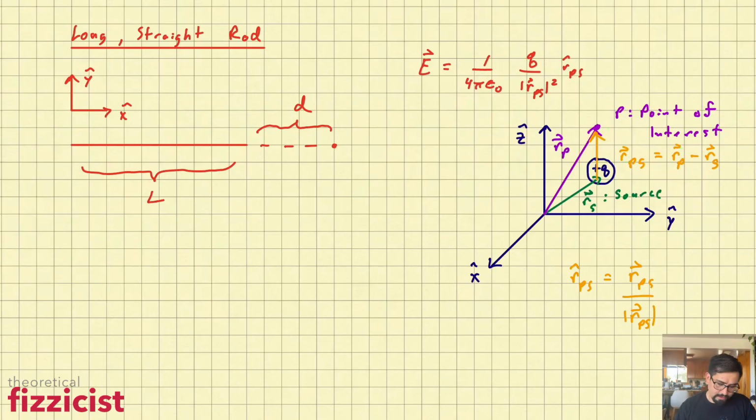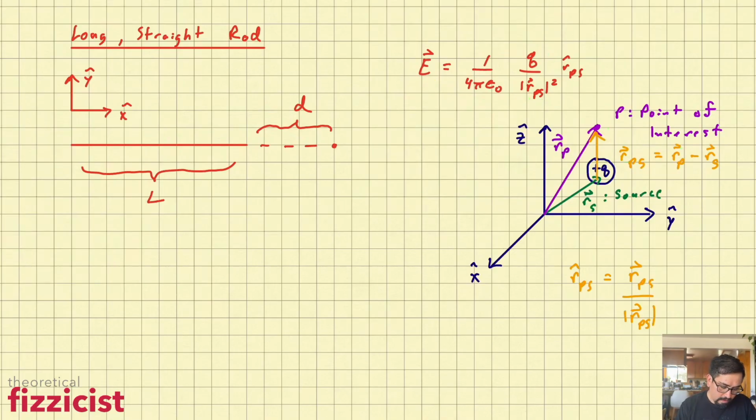vector points, right? So we see our electric field for a point charge tells us the electric field of a point charge is equal to the Coulomb constant, the charge of the particle, divided by the distance square from the source location to the point of interest location, and finally multiplied by the unit vector that tells us the relative direction of the source to the point of interest. So using this